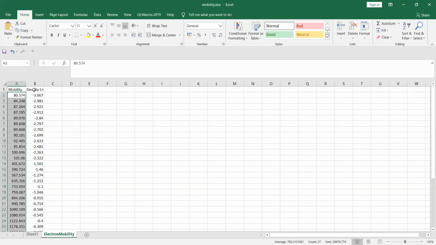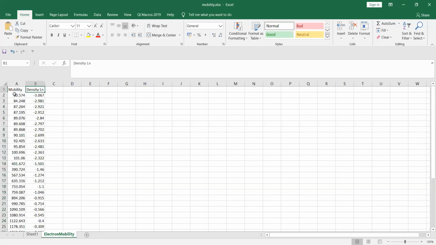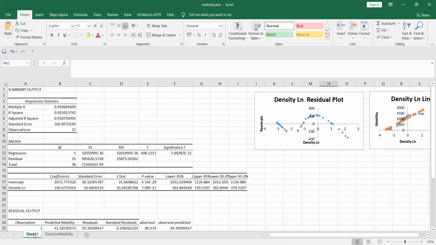Now this is another data set, mobility and density data. This way you are going to find out the mobility. I have already done this, so I'll just show you because only 10 minutes are left. Same thing: go to insert, go to data analysis. Now here I am getting a correlation of 0.95, which means there is a high correlation. I am getting R square of 0.92. It is not like the basketball data, where I got a low R square value. This is the adjusted R square value, and the standard error here I am getting is